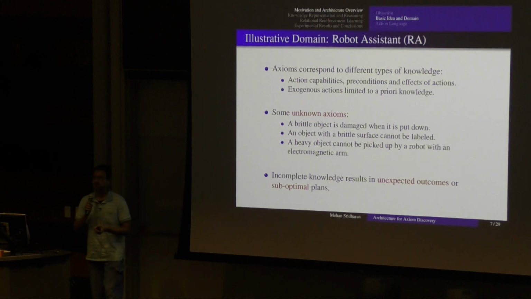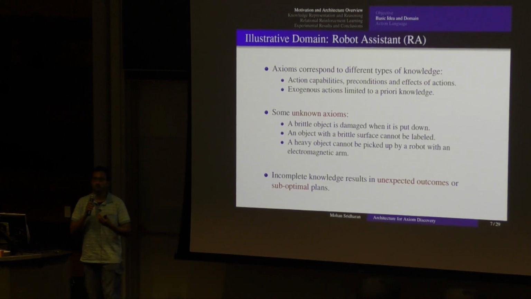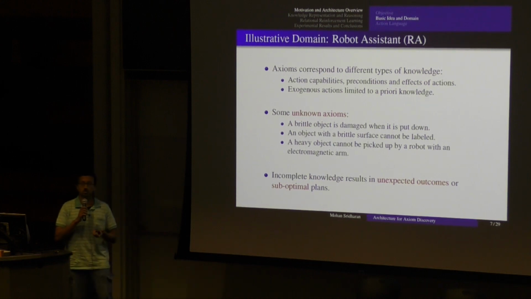So the point here is that when it tries to reason with this incomplete knowledge, it's going to have unexpected transitions, and even if it achieves the desired goal, the plan that it executes might be suboptimal. So we want the robot to first be able to figure out something unintended is happening, and to then deal with it by saying, I probably don't have the required knowledge. How do I go about learning that?